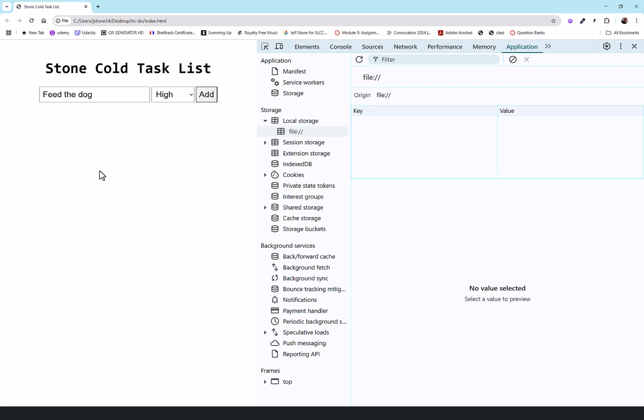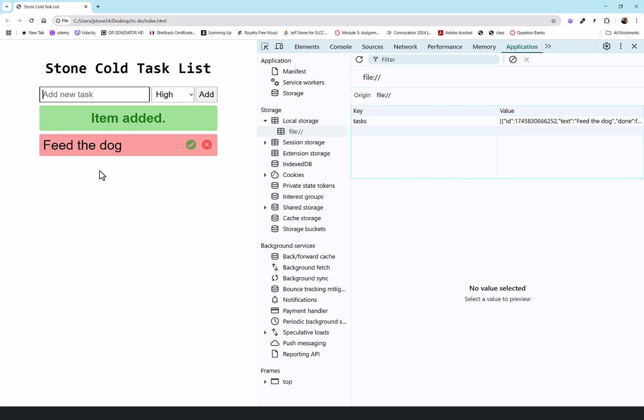But if they have the priority they want already selected in the drop-down, they don't have to do anything but just hit enter after they type. So we'll see that in a second. So I've added one high priority thing by clicking add right there. And we'll talk about the animation in just a second, but let's do another high priority thing, which is listen. Notice I didn't have to click here. I just start typing, listen to Megadeth. And I just have to hit enter, and I just did, and then it added to the list. All right, I'm going to add one more high priority thing here, and I want you to watch the little green message there. So listen to Metallica.